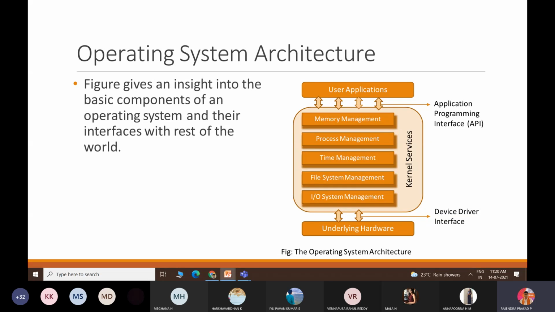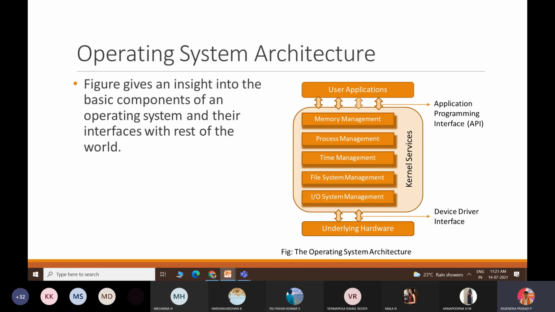Now in that software part, we have multiple units: a memory unit, a process unit, a time unit, file system management unit, and an IO system. Whenever an input or output device is attached to your processor, the OS will recognize that some hardware device has been attached to this peripheral.